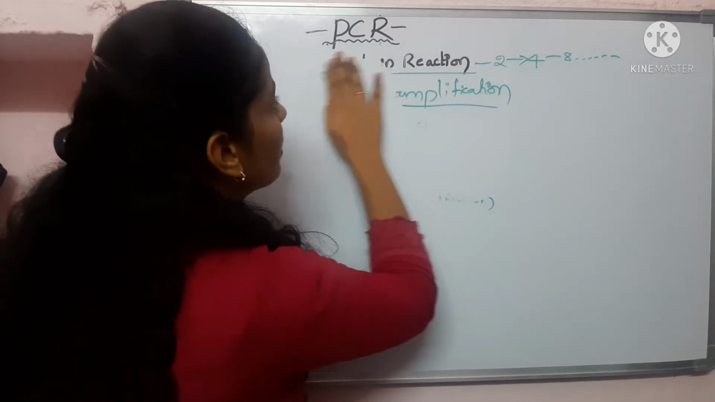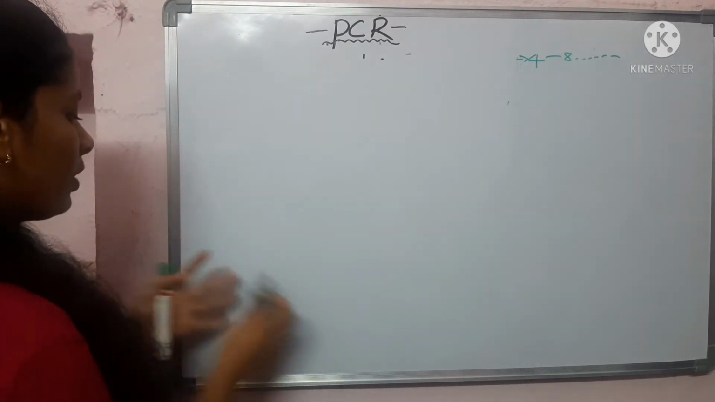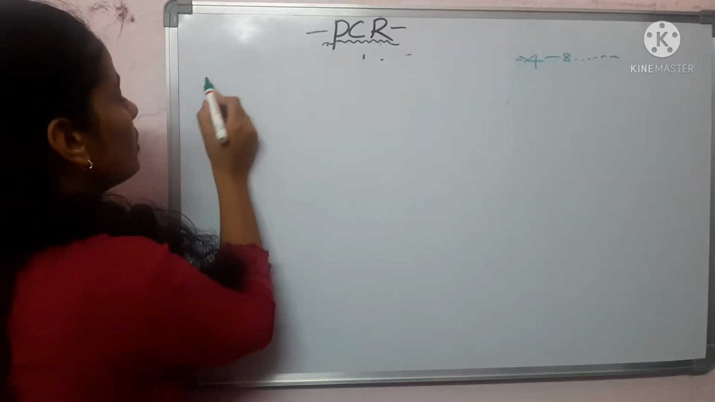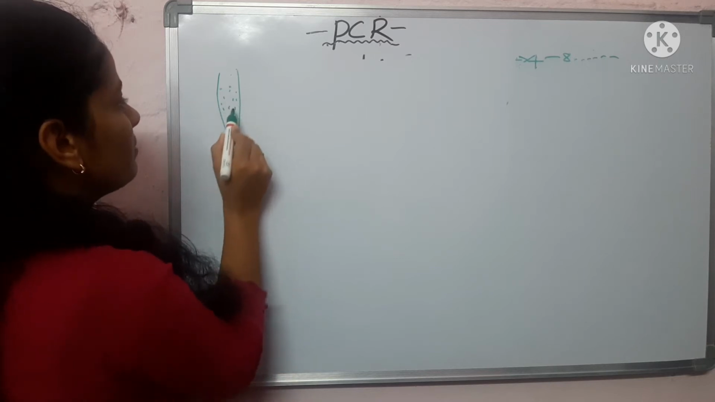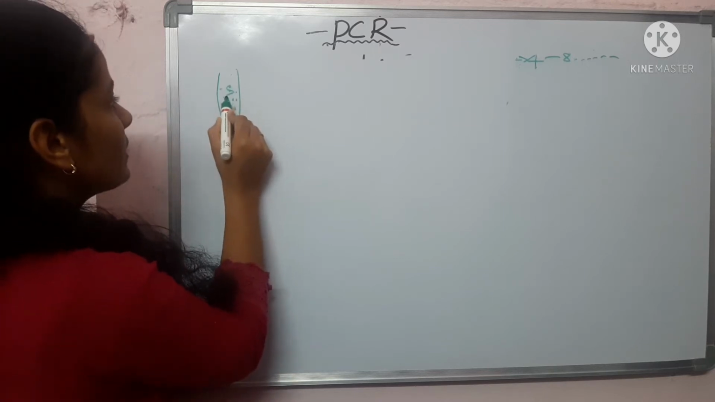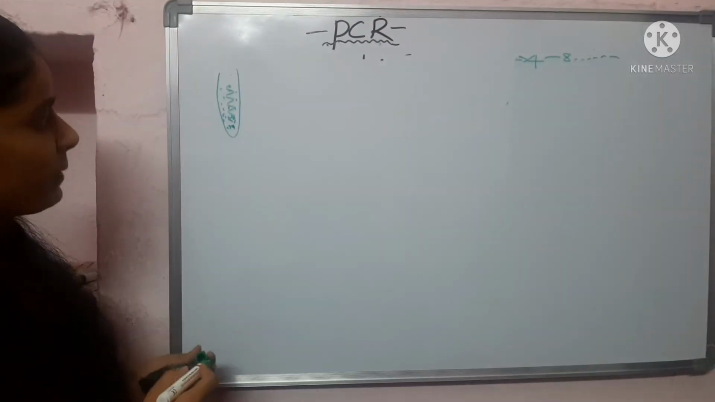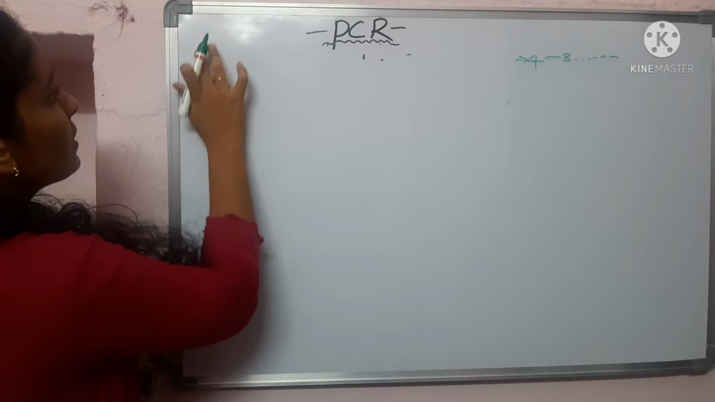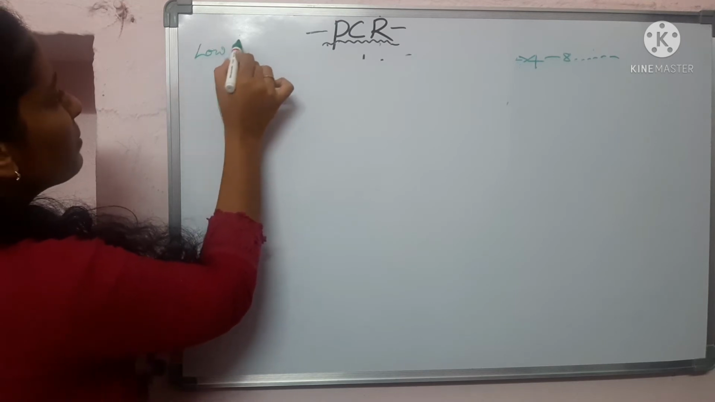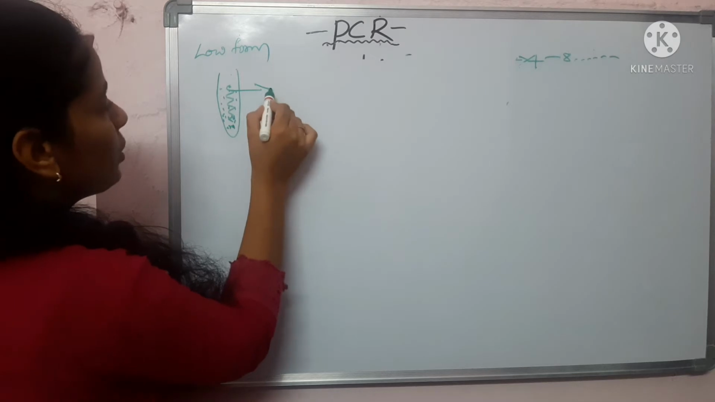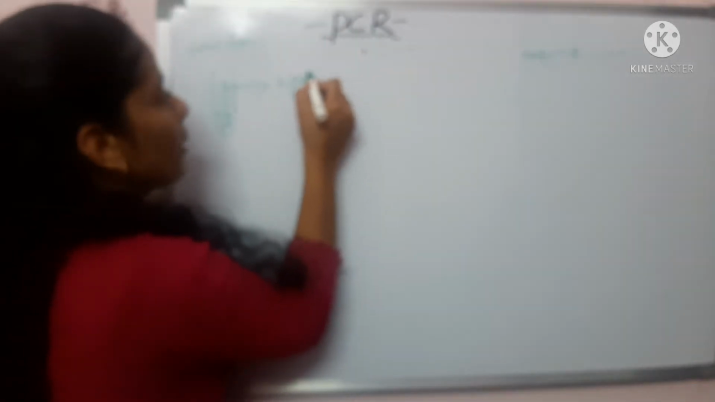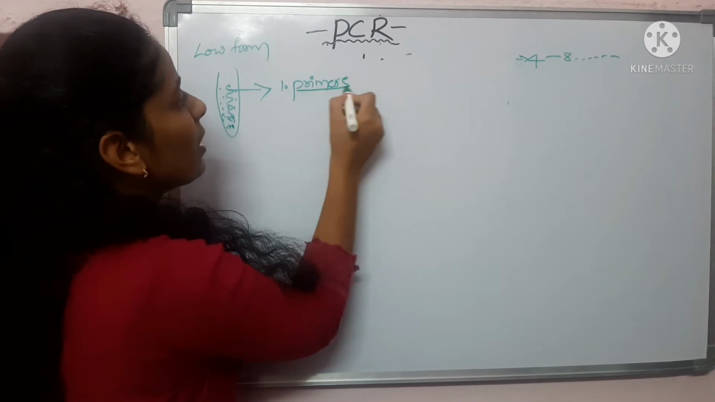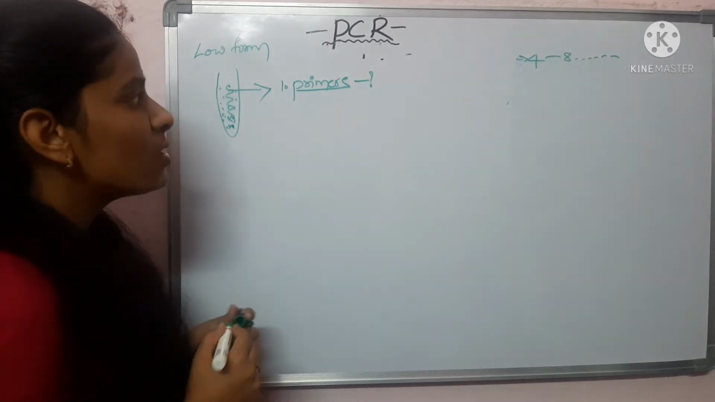For example, a sample is taken from an infected person. We have our sample DNA, which is available in very low form. To this sample mixture, we have to add some components. First, we have to add these primers. So what do primers mean? Primers are nothing but